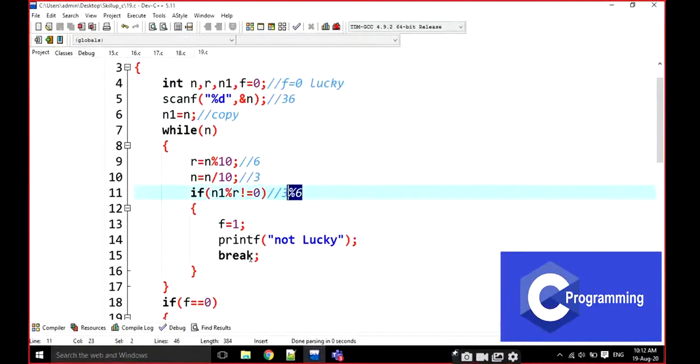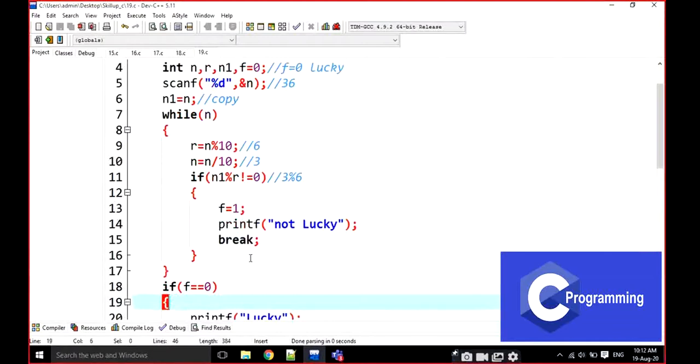Then if the number is not divisible by this digit, I am immediately changing f to 1. That means it is not a lucky number. Then after the loop I am going to check whether f remains the same as 0. If it remains 0, then it is called a lucky number. Is it clear, everyone?